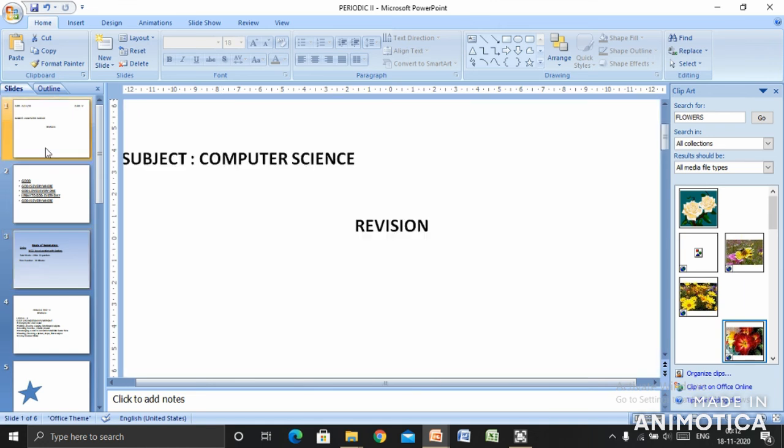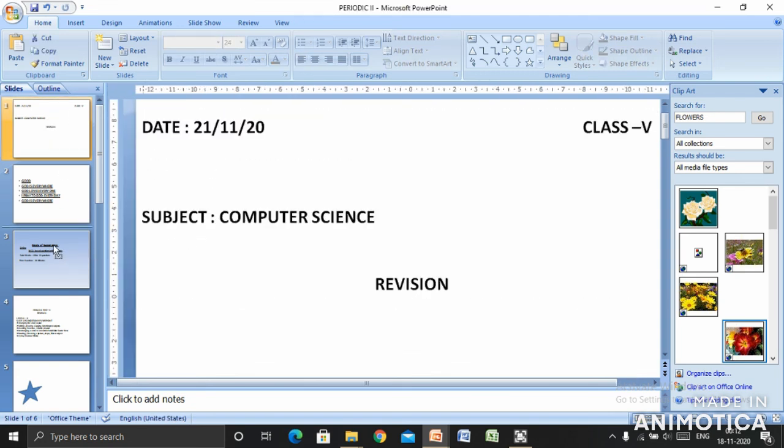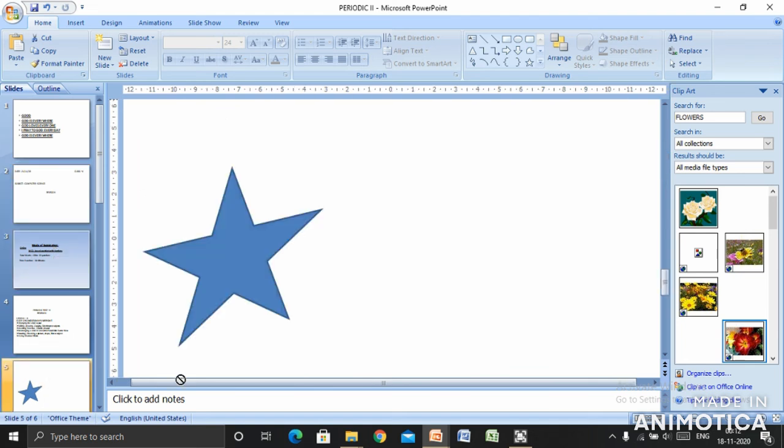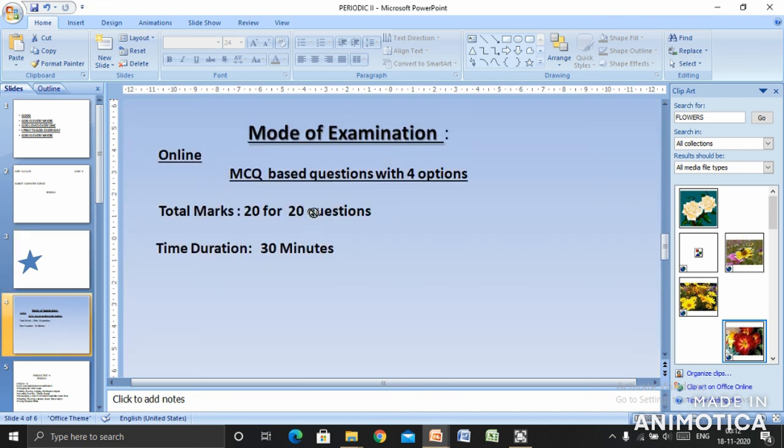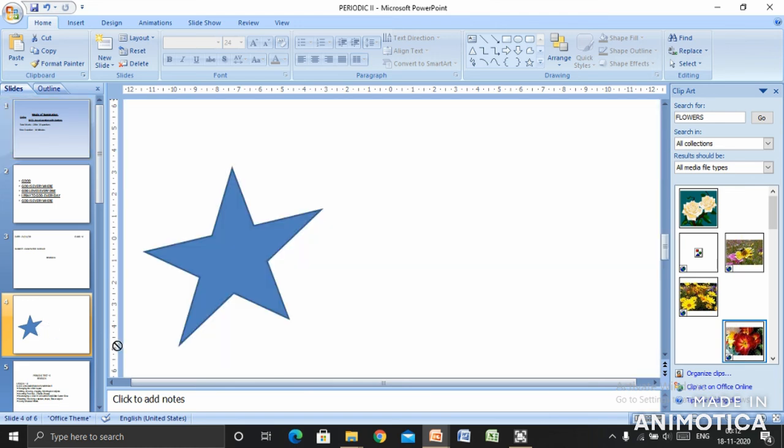See, it is shifted to this place. See the difference. This way we can rearrange the slides in the normal view.